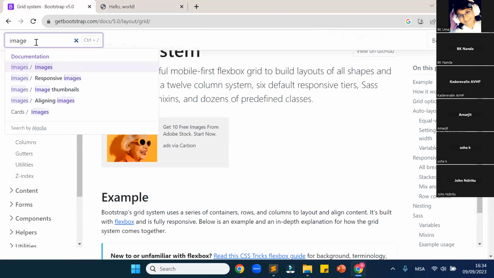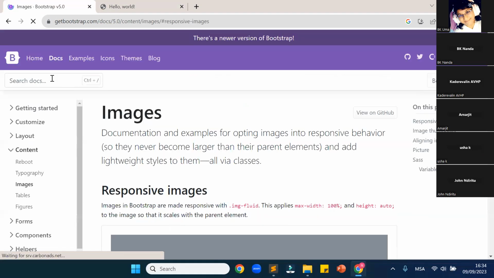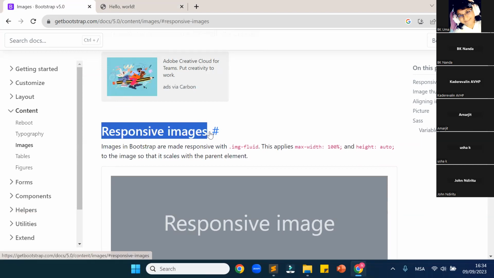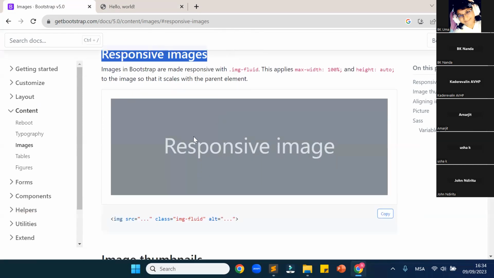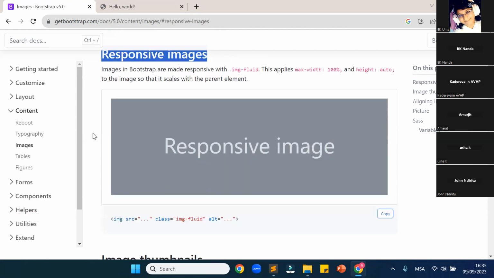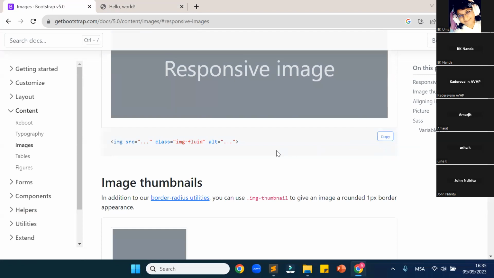Just type image, responsive. Can you see responsive? Watch my screen first. I want responsive image. Responsive means what? It changes size according to different gadgets. So go to responsive image and copy that code. Copy it, please. I'm going to wait for you. Please go to Bootstrap, responsive image, copy the code,